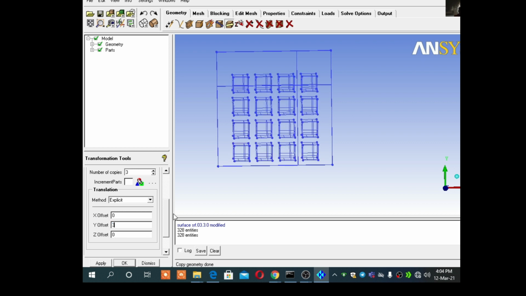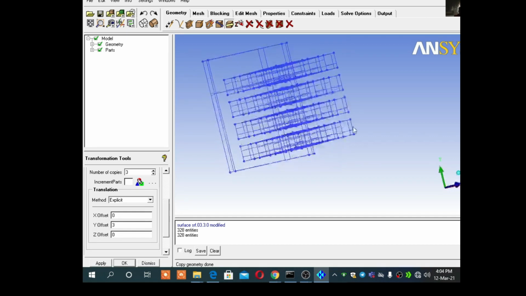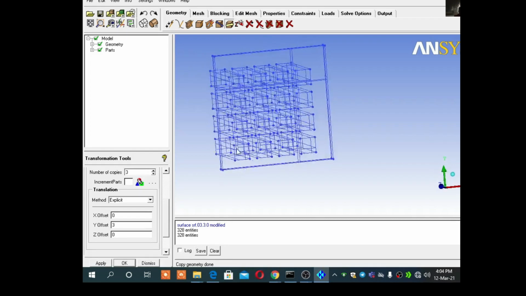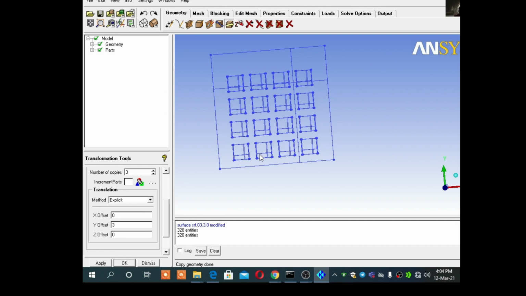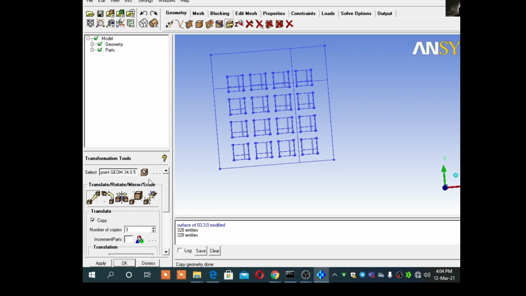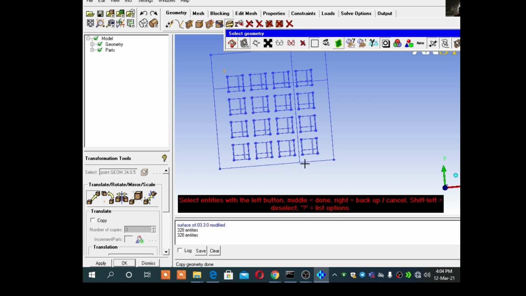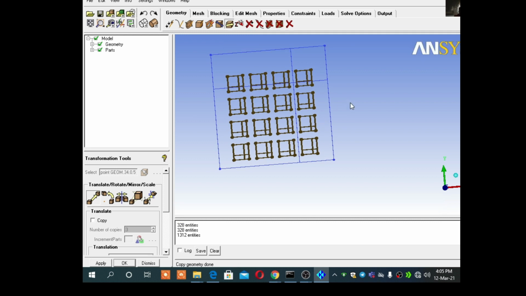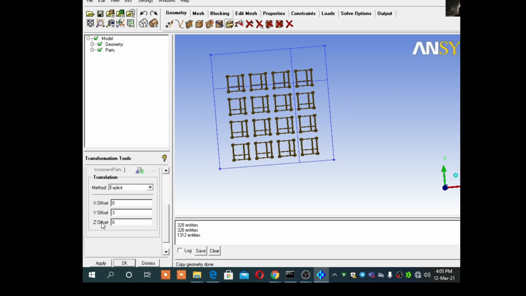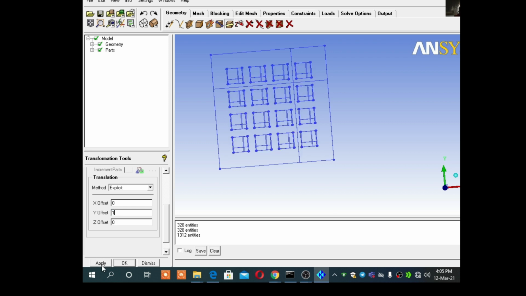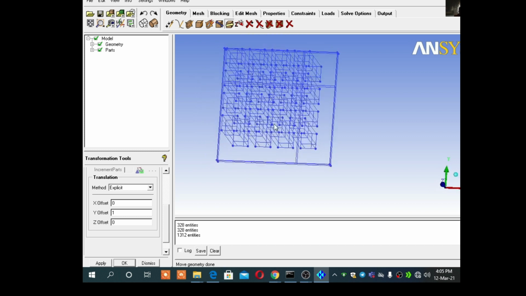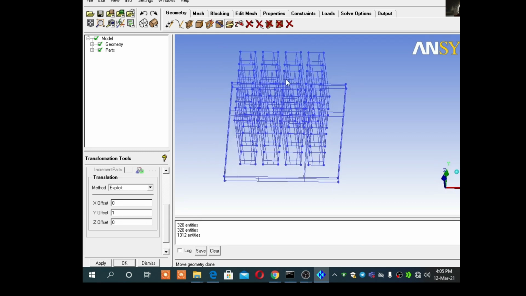Let's see. Yes, we can. Okay, and we will move further here. What I will do, I will move it in Y direction with 1 mm. Yeah, it's good. Okay, so it is a heat sink.